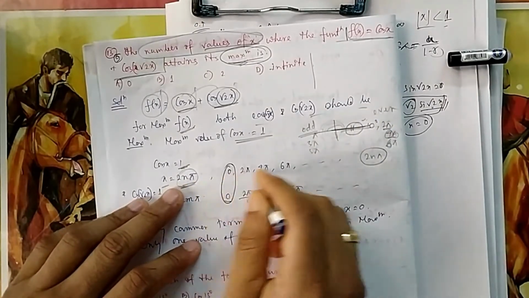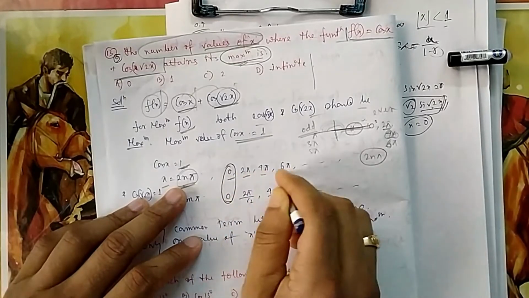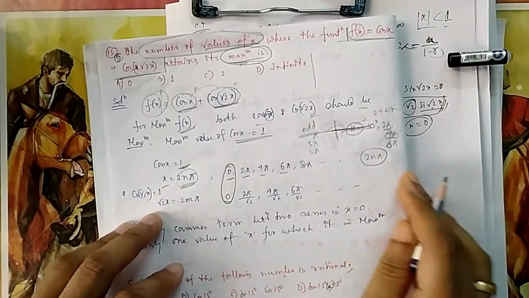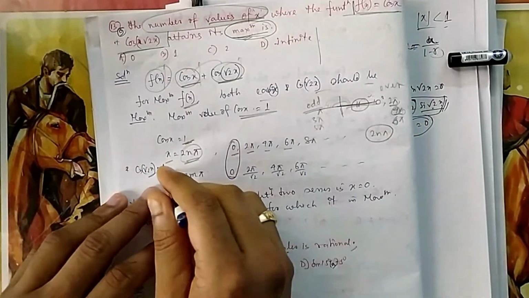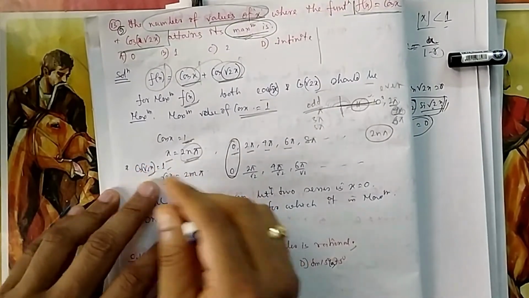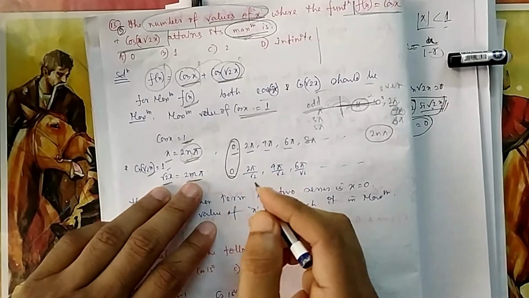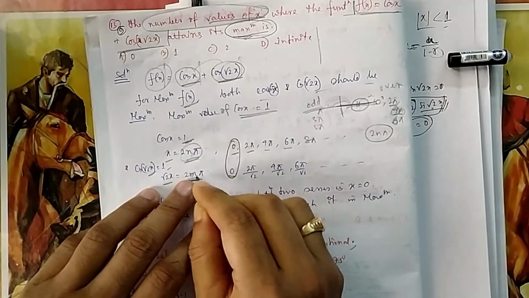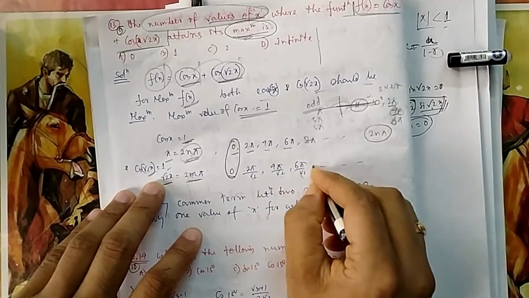So what are the values? Let me write. If n starts from 0, it will give me 1; or 2 pi, 4 pi, 6 pi, or 8 pi. You can write so many numbers. Now again, this one is also maximum when cos root 2x is equal to 1. That means root 2x should be equal to m pi, to create a difference between n and m. So what can x take? It can take 0 if m is 0, or it can be 2 pi by root 2, 4 pi by root 2, 6 pi by root 2, or 8 pi by root 2.